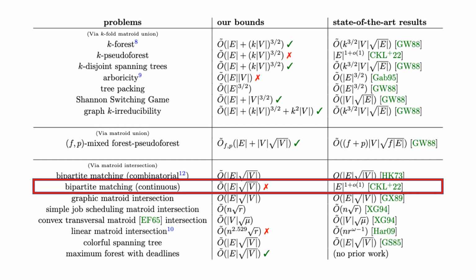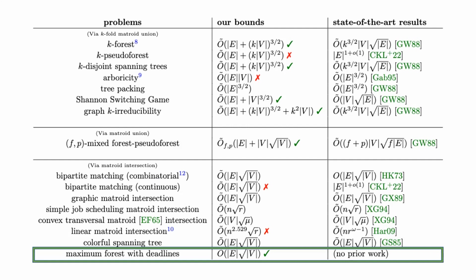However, the main advantage, or the main goal, of this framework is that hopefully it's now easier to design new and efficient algorithms for new problems. So for instance, in this paper, we made up this problem called maximum forest with deadlines that we think is a reasonable enough optimization problem. And using our matroid intersection algorithm, we're able to automatically get an efficient running time of E root V for this problem directly. And if in the future we are able to improve the running time of our matroid intersection algorithm in the dynamic oracle model, then this improvement will also be available for